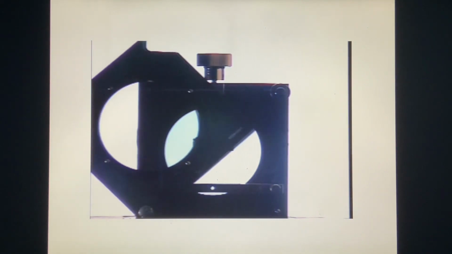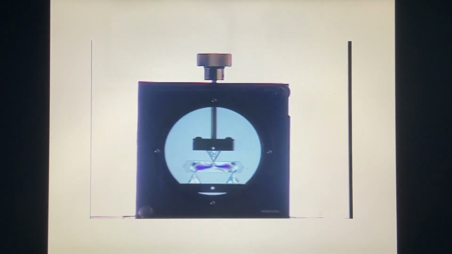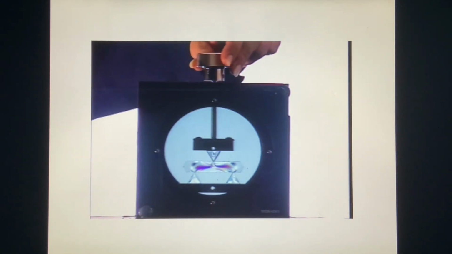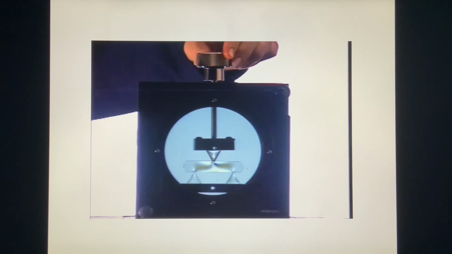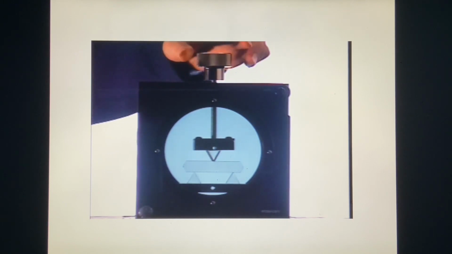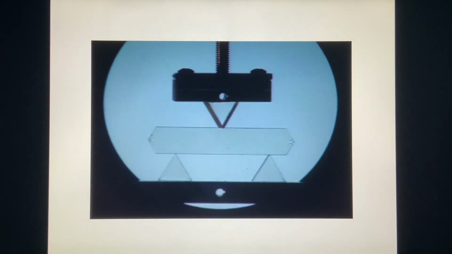Some materials rotate the plane of polarization of polarized light when put under stress, an effect called photoelasticity. We'll place these acrylic figures between two polarizing filters to show the effect. When the acrylic is unstrained, the polarized light from the first filter is not rotated by the plastic, and the